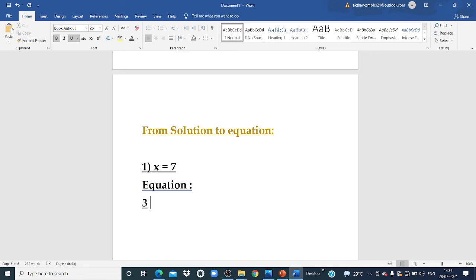I can write 3 into x. Instead of x, if I use a different variable, that is t or k, or p, always we are using it for a constant. So 3 into p is equal to 7. Correct? Sorry, 3p is equal to 21. So what is the value of p? 7. So 3 into 7. Just check the answer of LHS and RHS. So my equation is correct.